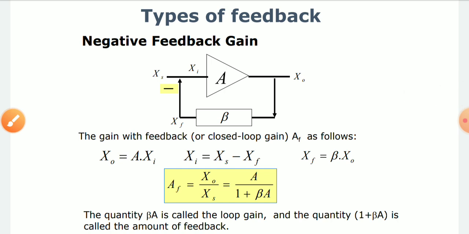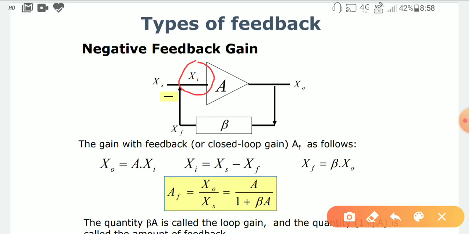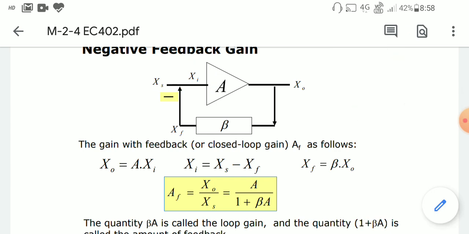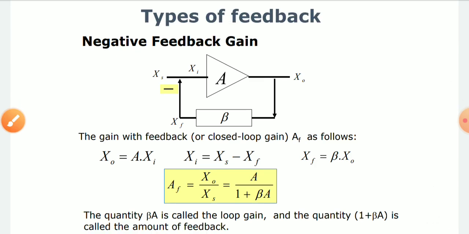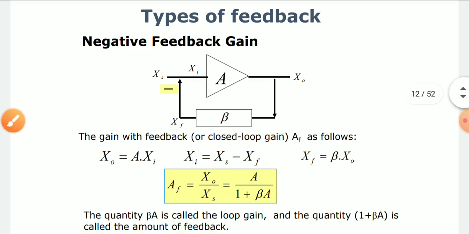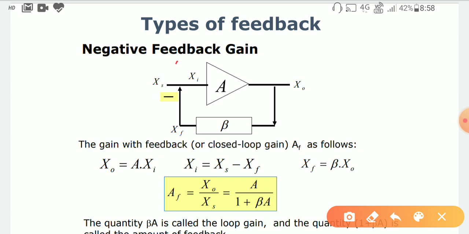If you consider x_i, here x_i should be x_s minus x_f. If it is plus in nature, that time it will be positive feedback, otherwise each and every term will be the same. So for this total block, if we consider this total block, the amplification factor is